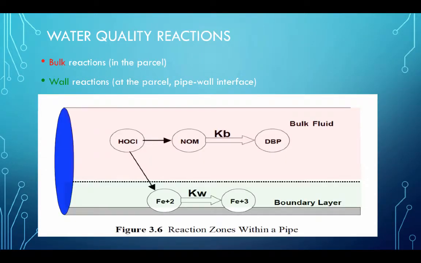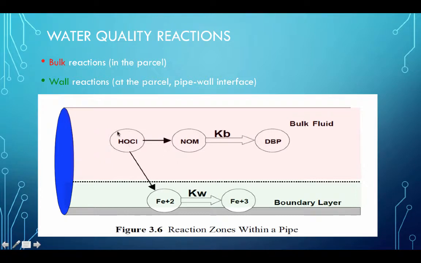The other component in the EPANET water quality is a reaction component. There are two types of reaction schemes. There are bulk reactions, that's in the water parcel or the bulk fluid, and wall reactions, that's at the pipe wall interface. This particular diagram here has iron 2 oxidizing to iron 3,